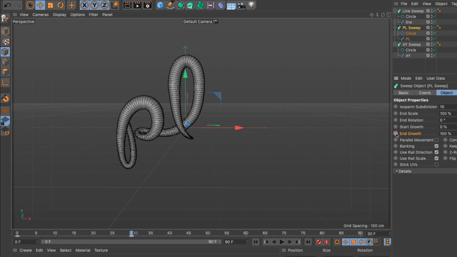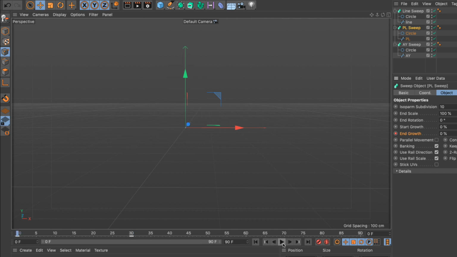In After Effects, keyframes are set automatically when you change a value. In Cinema 4D, there is a mode to do that, but by default, we have to move our playhead to the appropriate frame, then change the value, and then manually set the keyframe button. So let's go and see what happens if I rewind and press play.